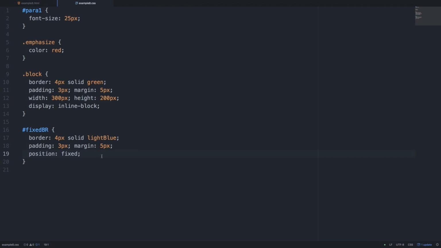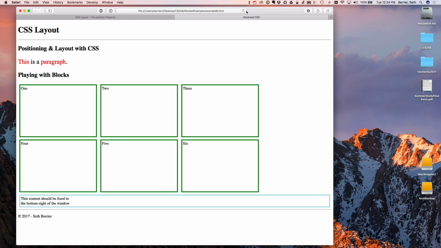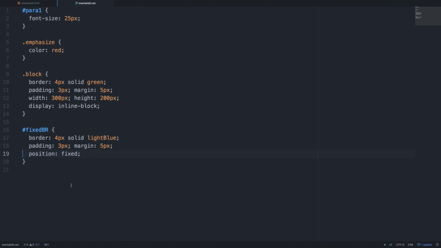And save it like that. Let's see what happens when we do that. Now, it goes right to a particular location in the middle here, but it's definitely not doing quite what we want. Whenever you change something's position to something other than static, you usually also then need to tell it what